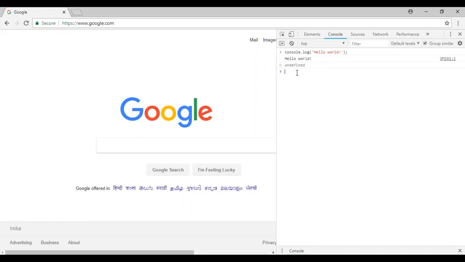All right. So this means that JavaScript works on a console. So this is how browsers are embedded with JavaScript engine so that they can run JavaScript code. Now to write JavaScript code, you require a code editor. You can choose from a variety of options like Visual Studio Code, Sublime Text, and so on. But for today's demo, I'll be using the Visual Studio Code, but feel free to use whichever editor you want.